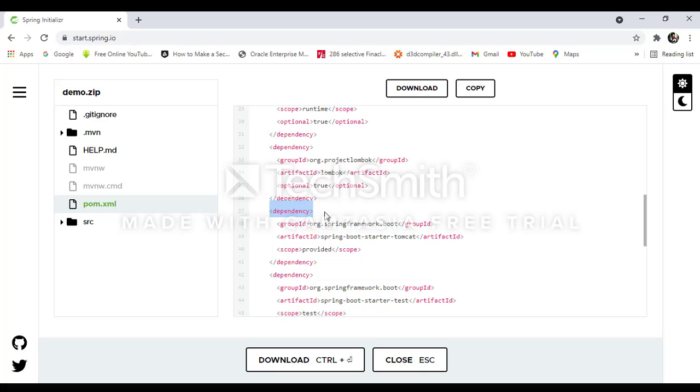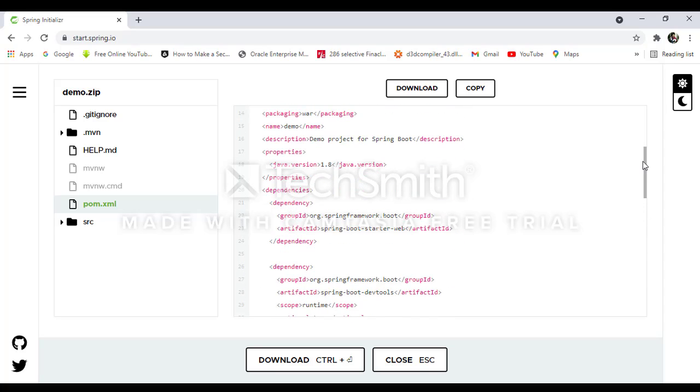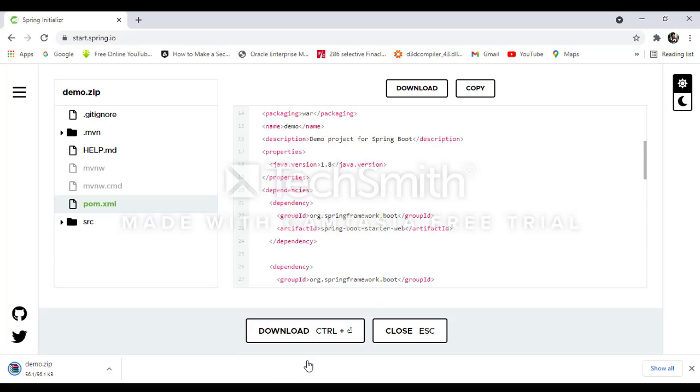If you want to run your application on another server, then simply put in, like, IBM WebSphere, JBoss, WildFly, GlassFish. You can choose here and give the dependency here. Okay, then simply click on the download button.